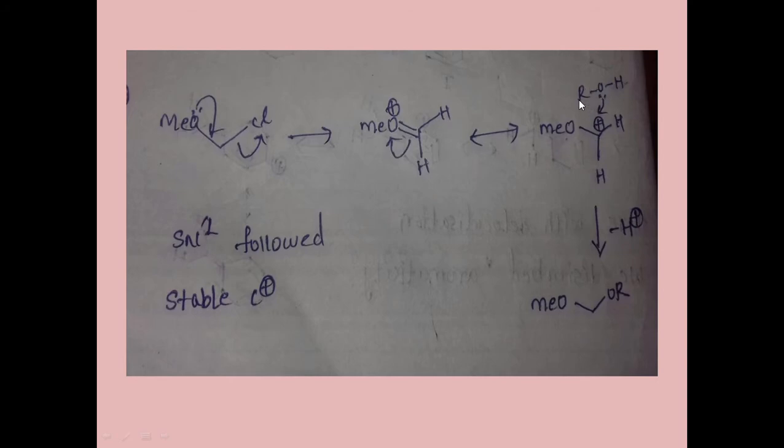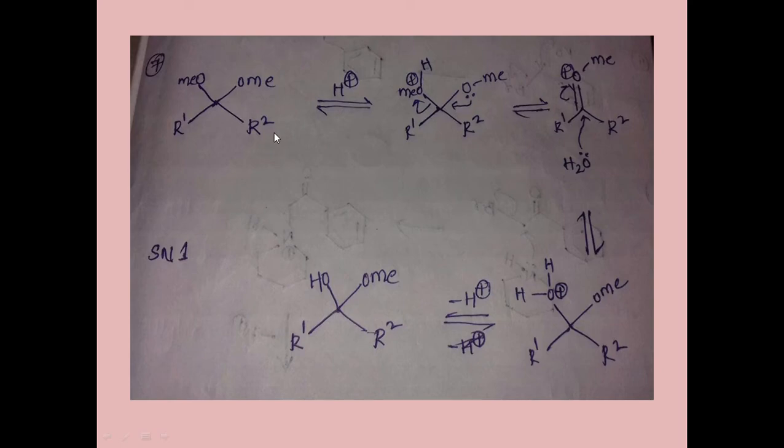This ROH alcohol will attack here, and minus H will remove hydrogen as a proton, and then we are going to have this product because of the stability of the carbocation. This is an SN1 reaction. Similarly here also, we'll give an acid, that is a proton. To any of these it can attack. I have done it here, right?